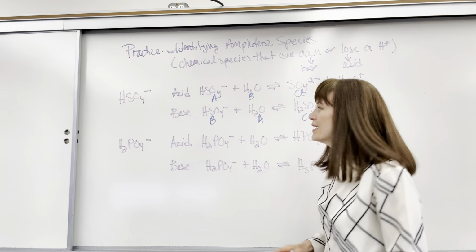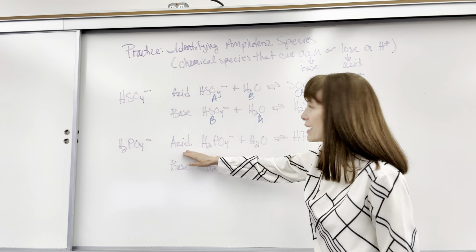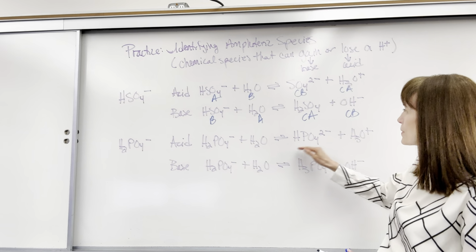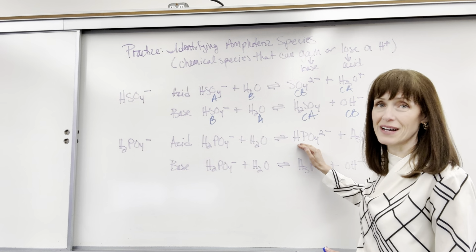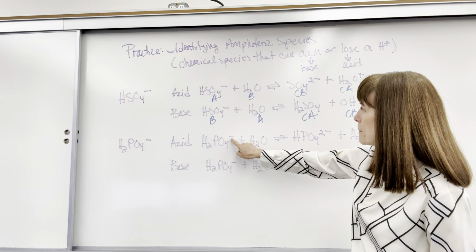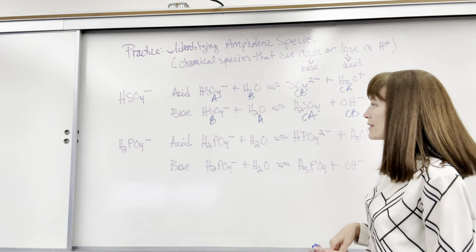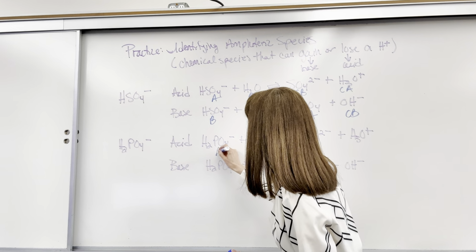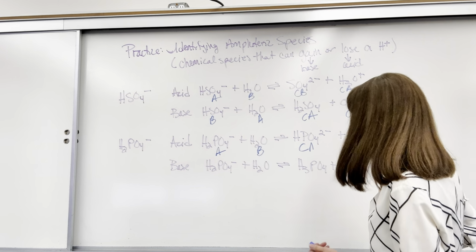Okay, let's do 2 more. We're going to look at dihydrogen phosphate. When it behaves like the acid, it is going to donate. So it donates that hydrogen and produces, from dihydrogen phosphate, just hydrogen phosphate. Look at the charge. Here it's 1-, now it's a 2- because it donated that hydrogen. That positive is gone. So this is going to be our acid. That's your base, the conjugate base,